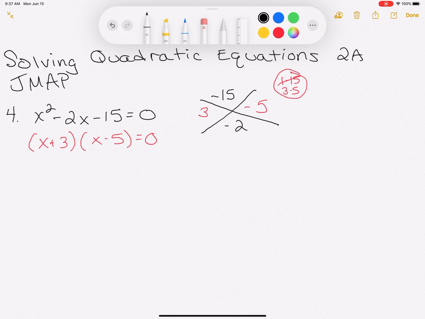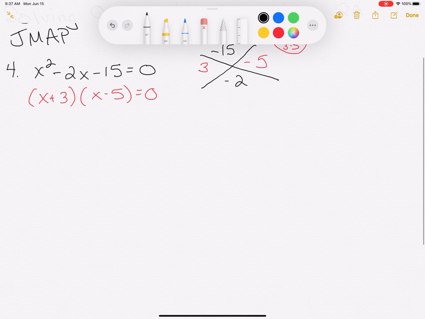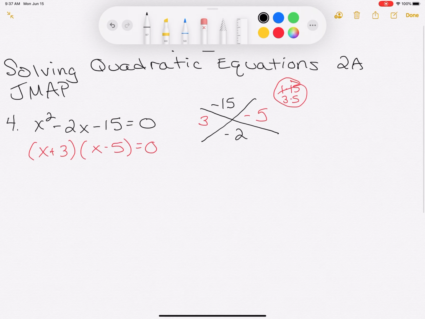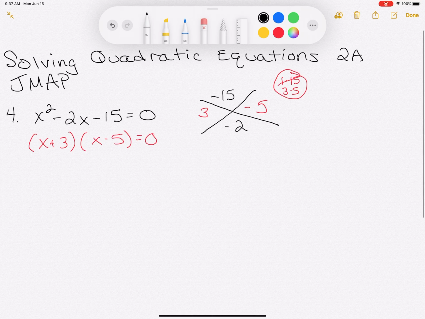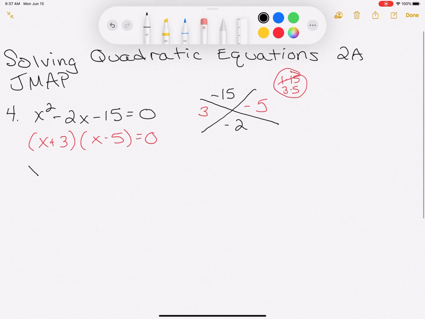So I did set them up in my factors, and because this quadratic equation is equal to 0, and they must be in order to solve by factoring, and if it's not, you would just manipulate it to make sure that it is. So if the 15 was on the other side of the equal sign, you would just simply move it over and set it equal to 0. So because it's set equal to 0, and we have our two factors,